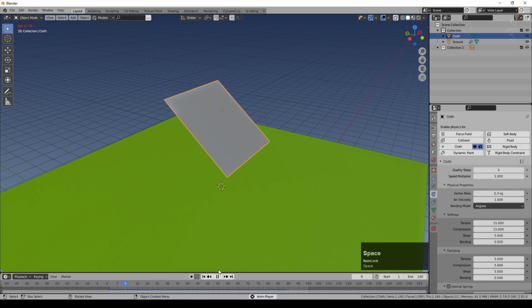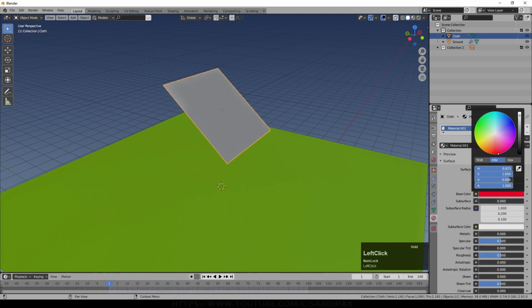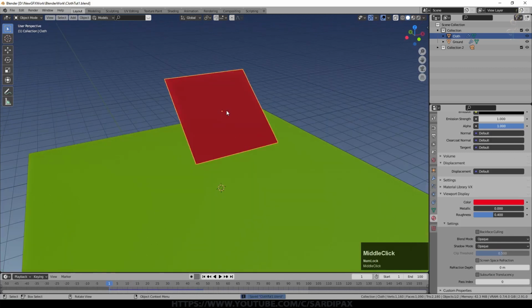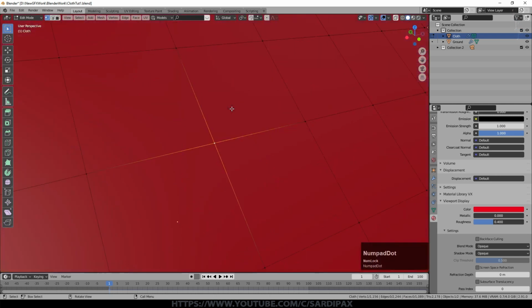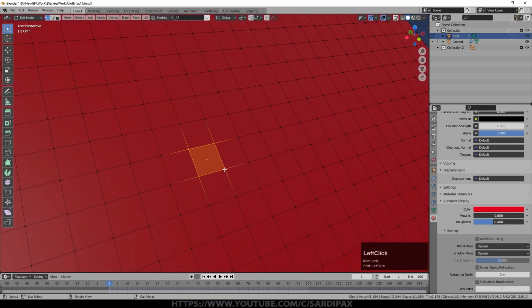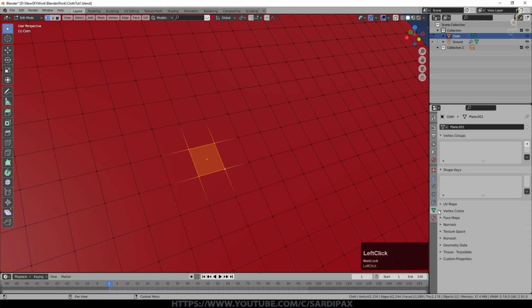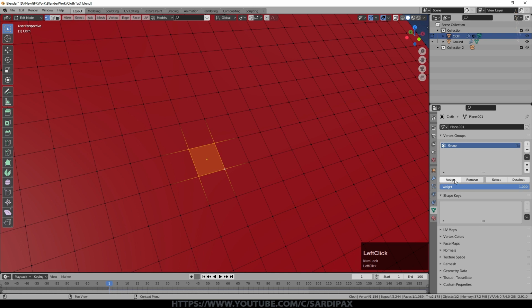But obviously we might want to do rather more than that with our cloth. I'll just give it another material. So what if we just wanted our cloth to hang? So we go into edit mode now, and I'm going to select just these 4 vertices. It could just be one vertex, but I'm going to select those 4 around the central point. I'm going to click here under object properties, and I'm going to add a vertex group, and I'll just click assign. If I double press A to unselect everything and then click here to say select, that shows that group is now associated with those 4 vertices.